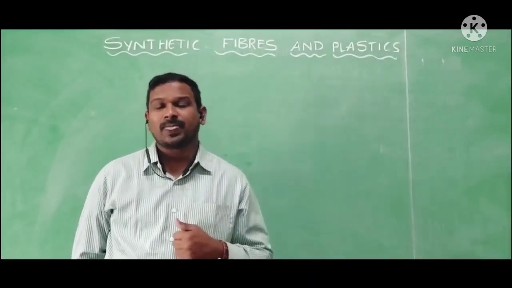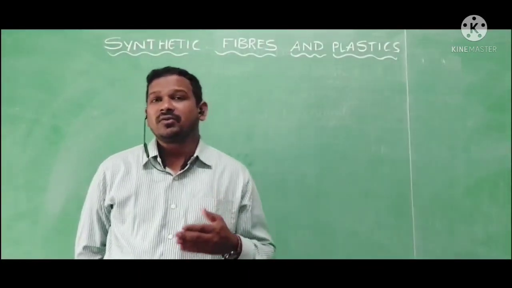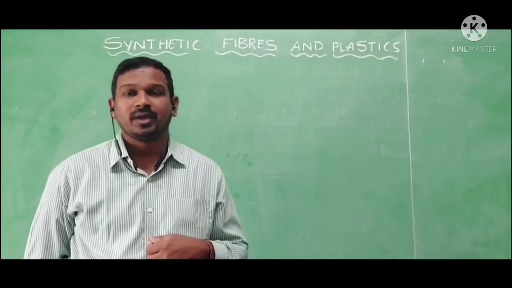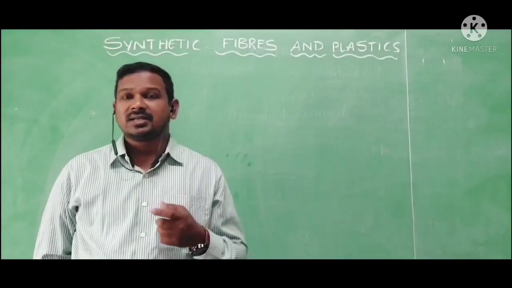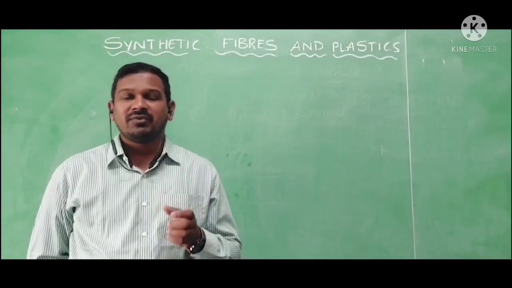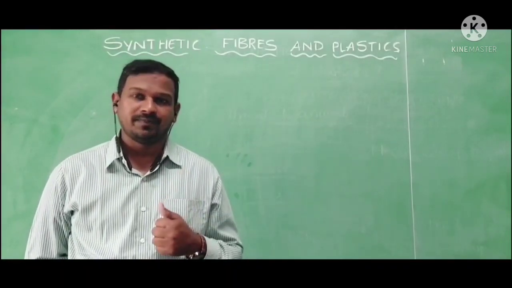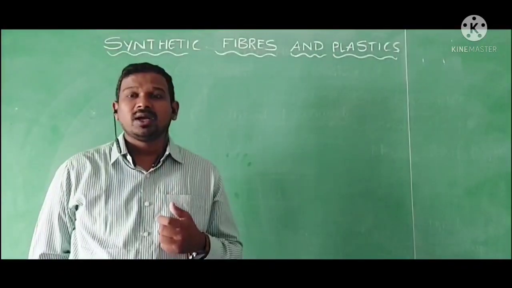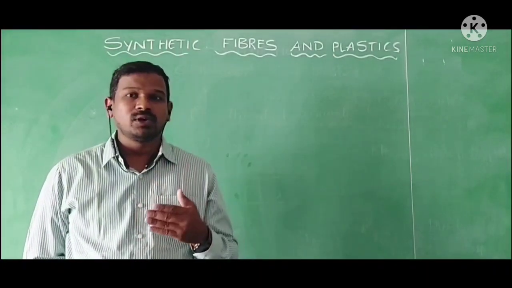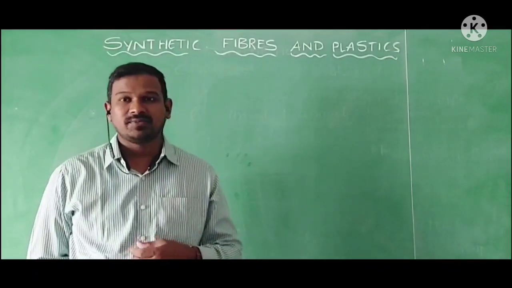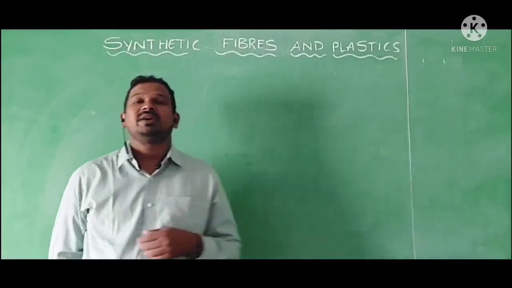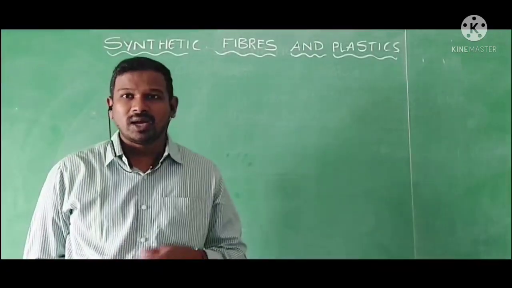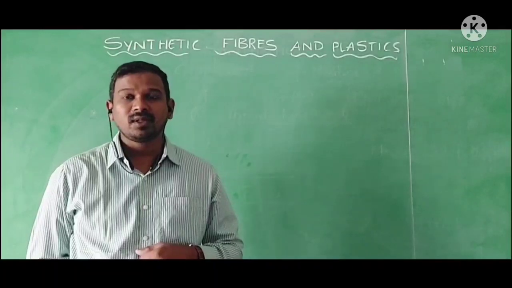What are the drawbacks? Cotton shrinks in water, and when we wear it, it becomes wrinkled. Silk is very costly and we need to maintain it very delicately. Jute is a type of fiber which is not as durable as other fibers. Based upon these disadvantages, scientists went for the invention of an alternative to these fibers.